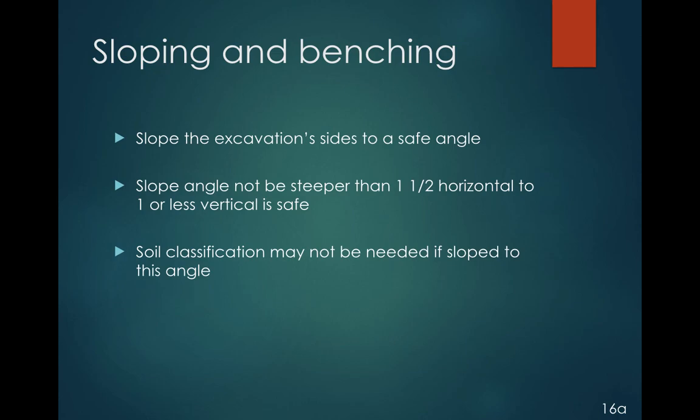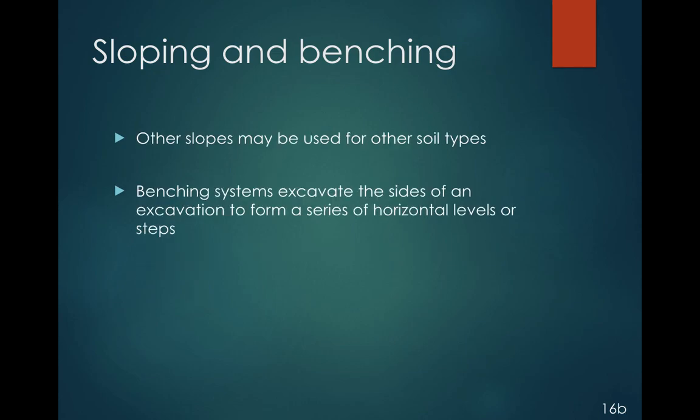So sloping and benching is one of the systems to be utilized. You slope the excavation sides to a safe angle. A slope not steeper than 1.5 horizontal to 1 vertical is safe. Soil classification may not be needed if sloped to this angle. Other slopes may be used for other soil types. Benching systems